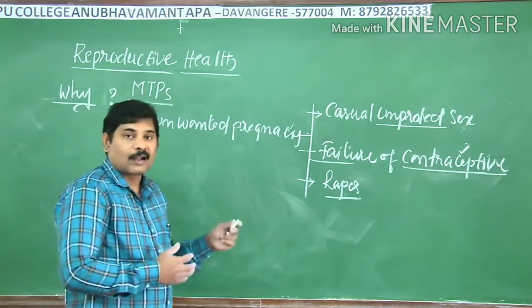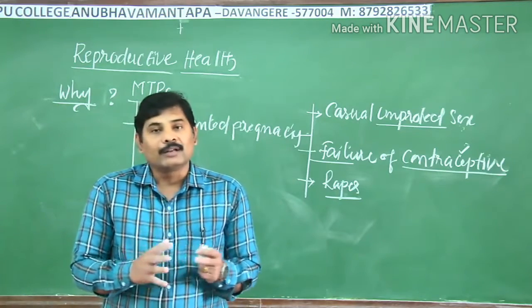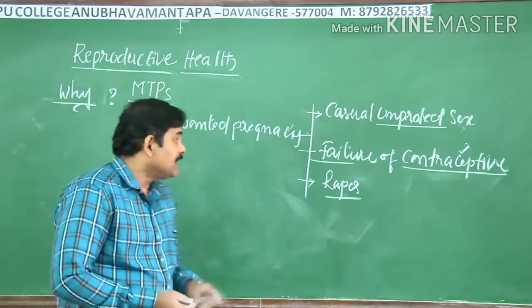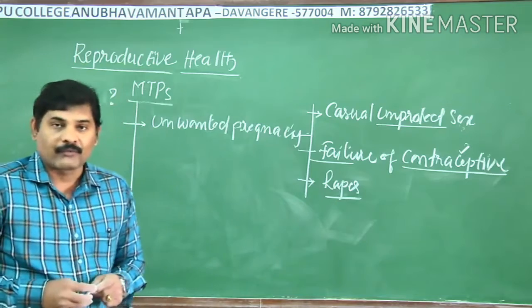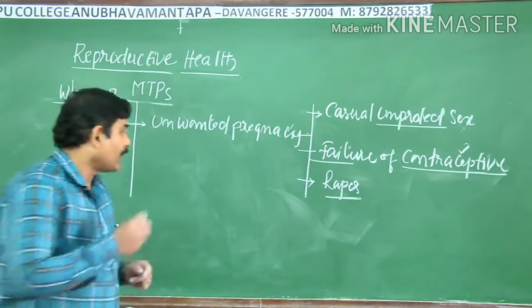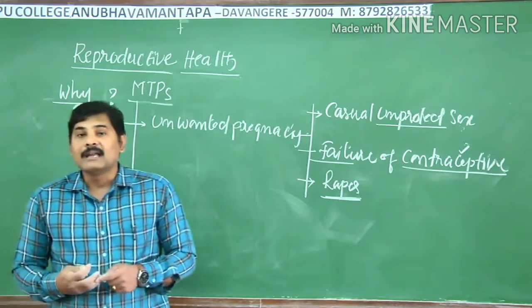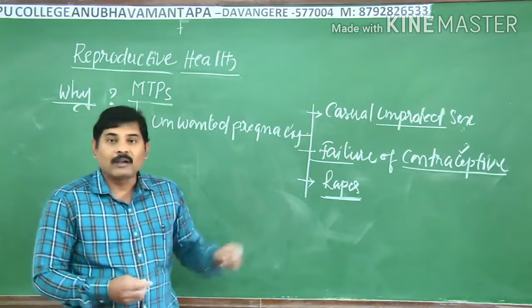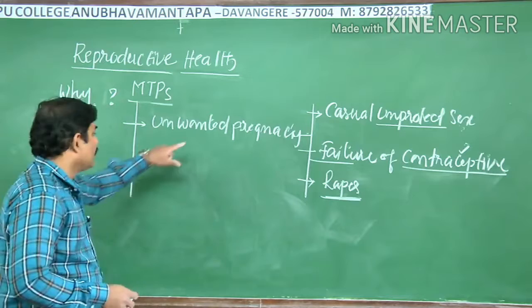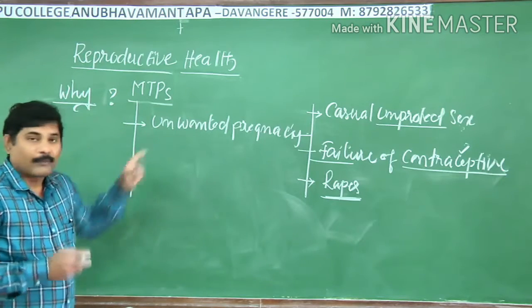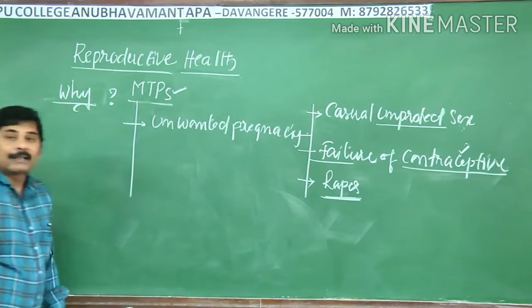Nowadays, people are using these contraceptive methods in order to postpone the pregnancy or give a gap between two successive babies. When these contraceptive methods fail, the woman has a chance of getting pregnant. That is one thing. And it is an alarming sign to us. Nowadays, the incidence of rapes in India is increasing. Whenever a woman undergoes a rape, there are chances of getting pregnant. So when such unwanted pregnancies take place, we can go for medical termination